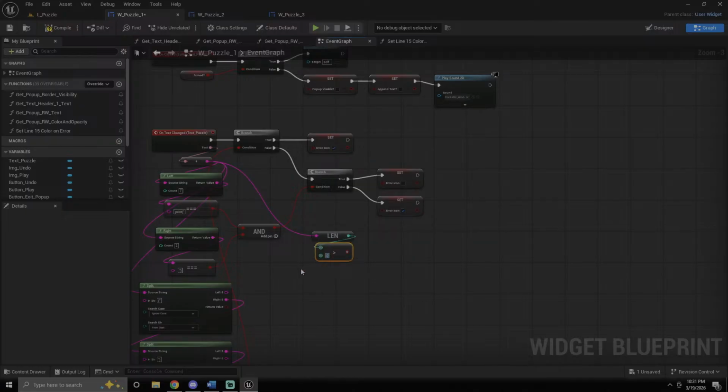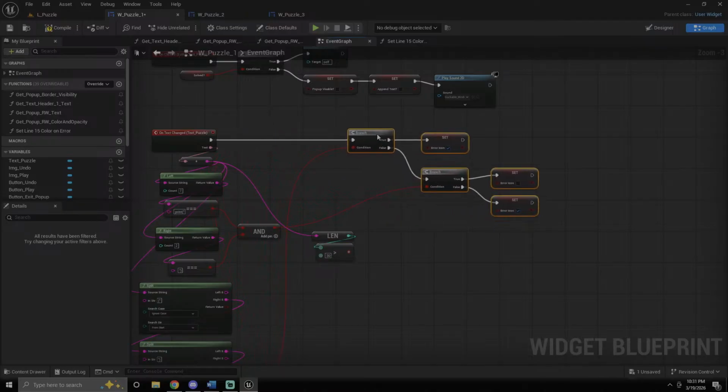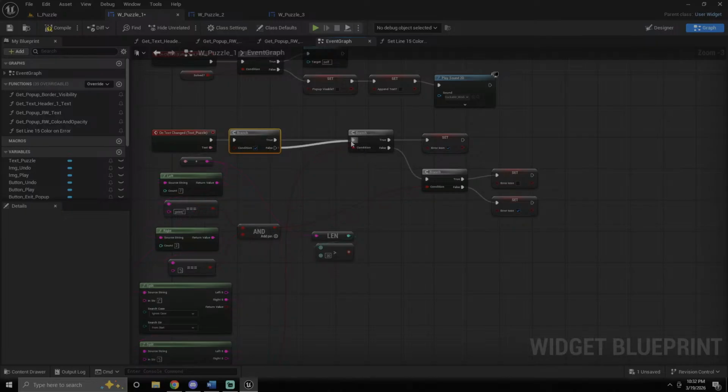We'll do 30. Greater than 30. Branch. If length is greater than 30,